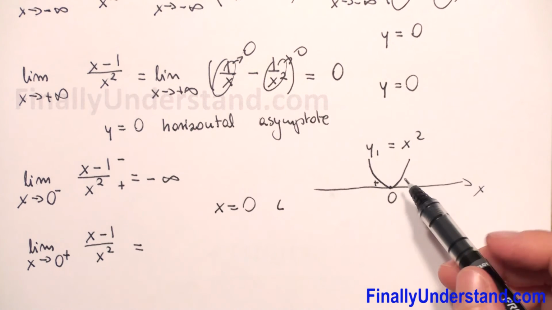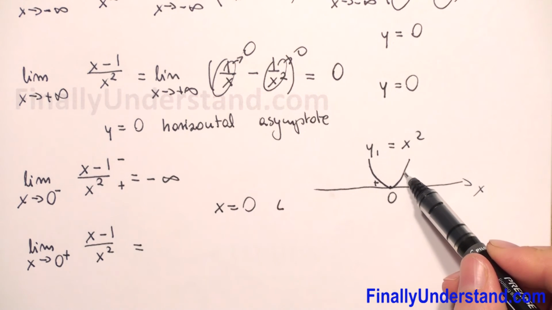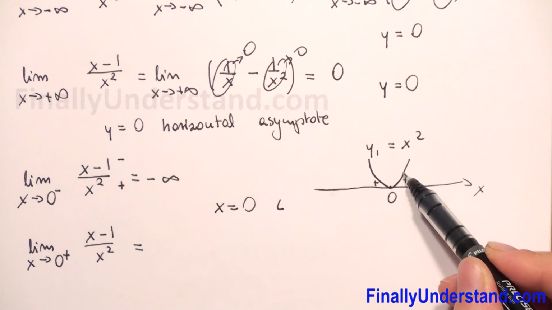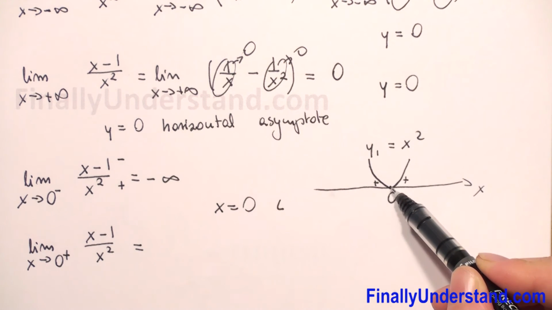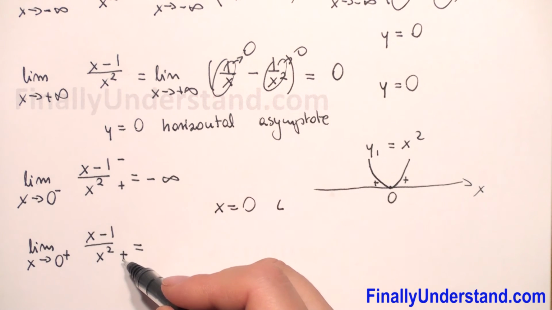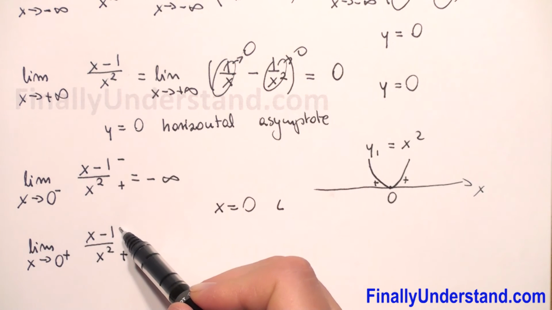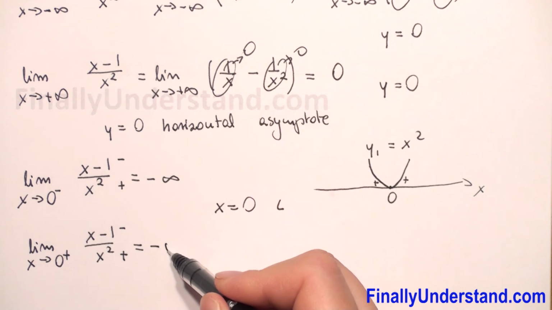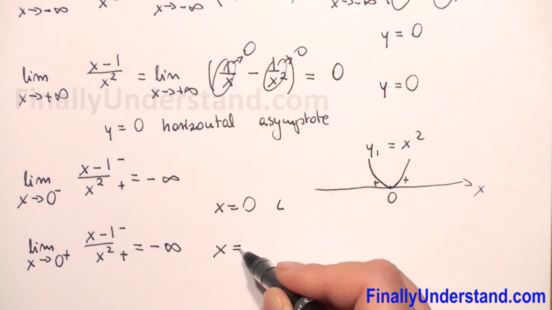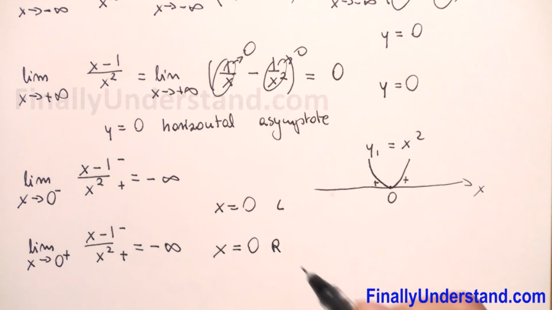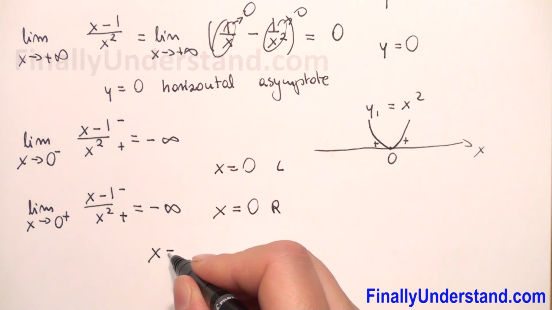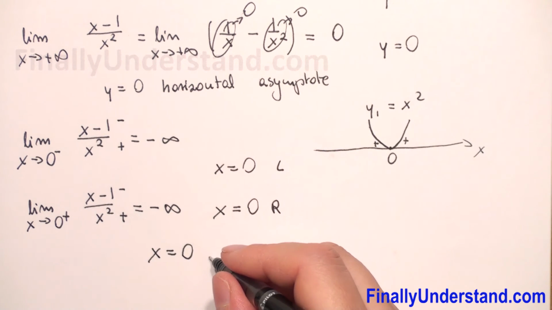We can use the same graph. When we are going to 0 from the right side, the values are positive because they are above the x-axis, and very small, we're going down, very close to 0. So we have a positive number in the denominator, very small. In the numerator, we have 0 minus 1, which is negative. Negative over positive gives us negative infinity. So we have a vertical asymptote x equals 0 on the right side. So we can write, we have x equals 0 vertical asymptote